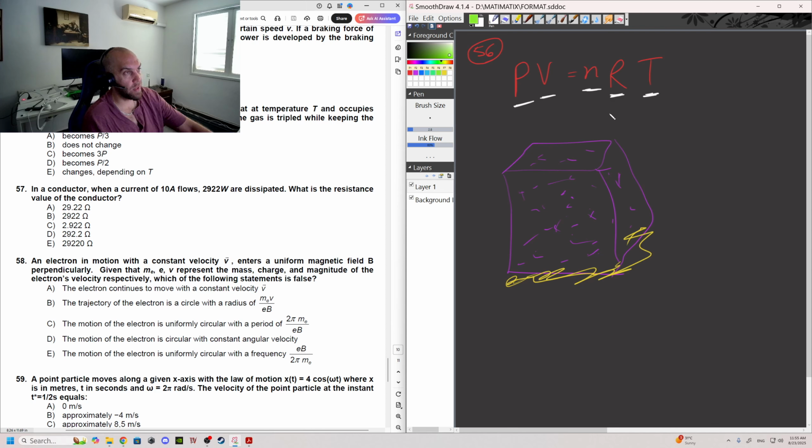Now if you notice, and this happens a lot in these questions, it's very repeatable. R is initially a constant, it's just a number, and n is a number of moles, which in these questions, and in I think 99% of the questions, does not change. And now they ask us: if the volume occupied by the gas is tripled while keeping the temperature constant,